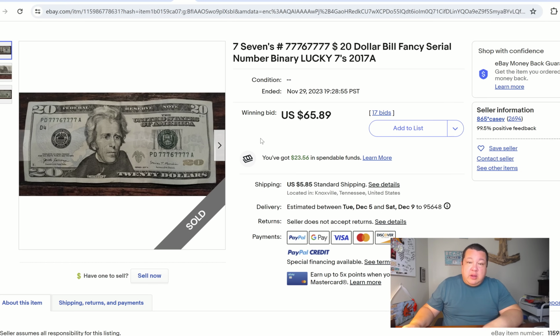2017 $20 bill. And by the way, when I say America and all that stuff, keep in mind, fancy serial numbers on notes across the globe are just as valuable. So Canadian notes, notes in Great Britain, and all that stuff, they do sell as well as what we have here on U.S. bills. So this one here sold for